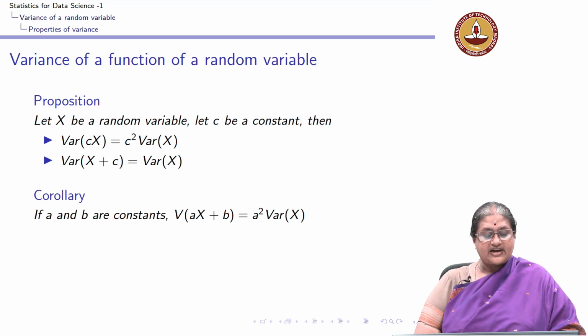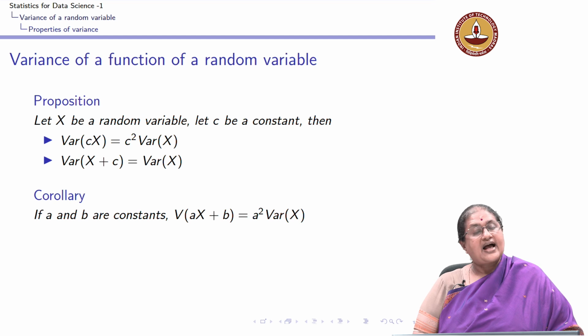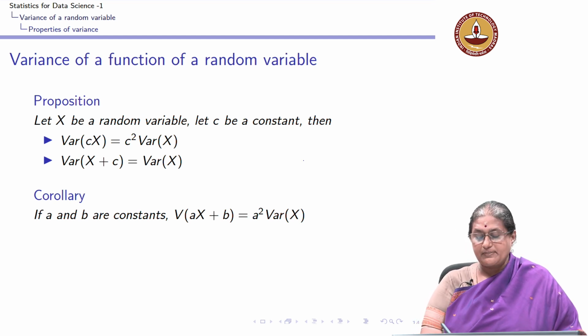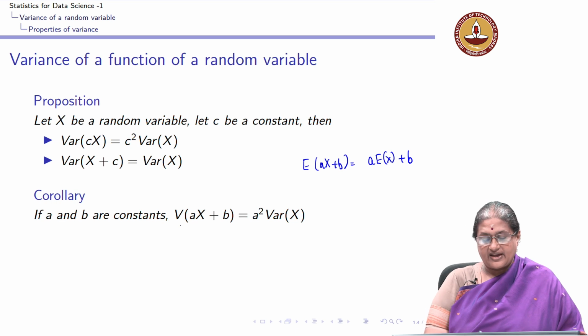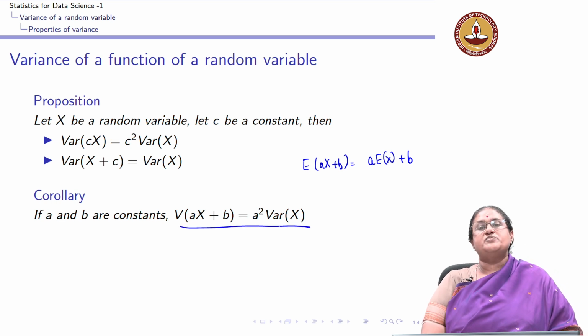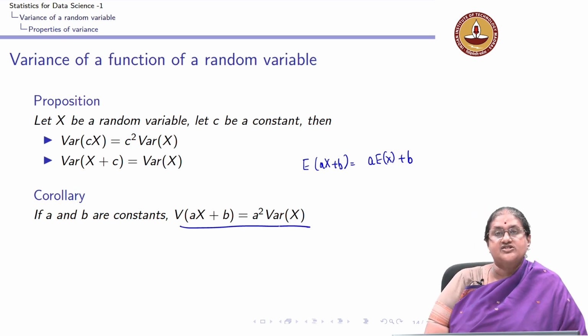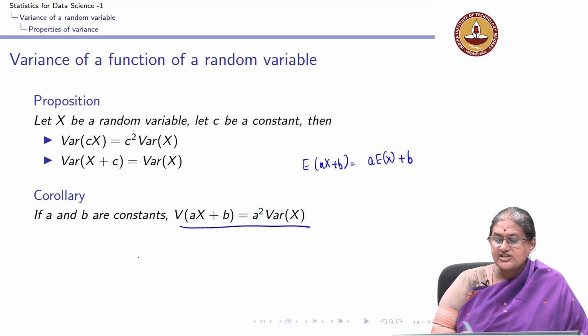So I can generalize this result as a corollary, which is very similar to the expectation of aX plus b being a times the expectation of X plus b. I get that the variance of aX plus b is a square times the variance of X. The proof for this is also very simple. The variance of aX plus b is nothing but